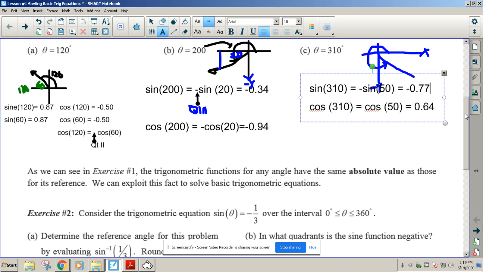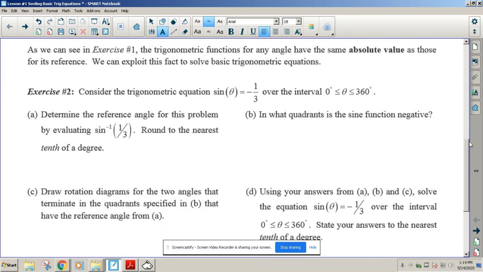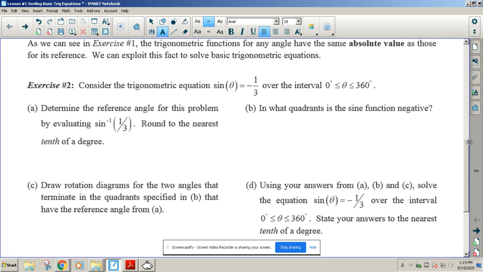So now that's a review to help us with what we're going to be doing next. Here it says consider the trigonometric equation. Now I have an equation. This is what we were doing when we did lesson 7. Determine the reference angle for this problem. Well, if I'm going to get the reference angle, and this is saying I am between 0 degrees and 360 degrees, and sine is negative. Now, I'm actually going to do part B first, because I'm thinking about sine being negative,